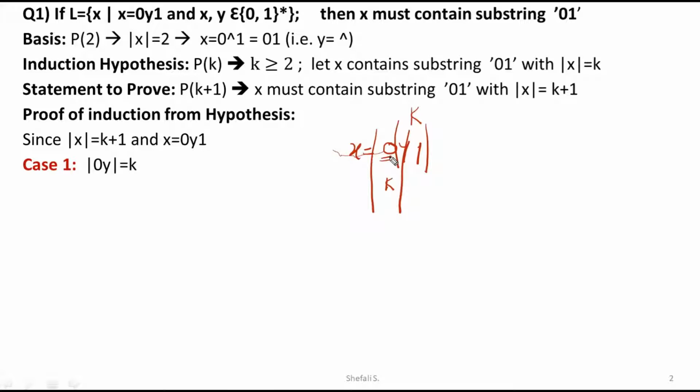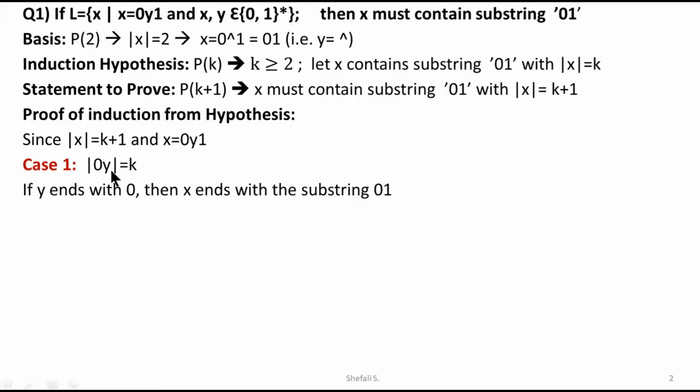Okay, so when I want to say that 0, y is the first condition, I would like to go for the first case discussion, and when I want to say that y1 is the format, possibly I would like to move for the next case for the discussion purpose. So in that case, when I want to move, I can say that 0, y, 1 is the situation out of which 1 is taken aside of this one.